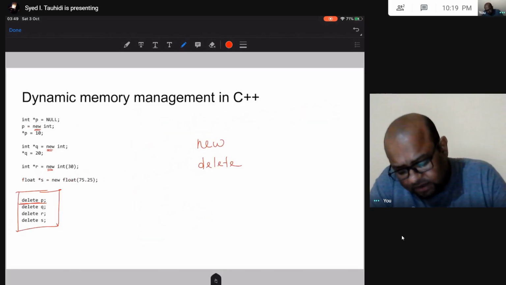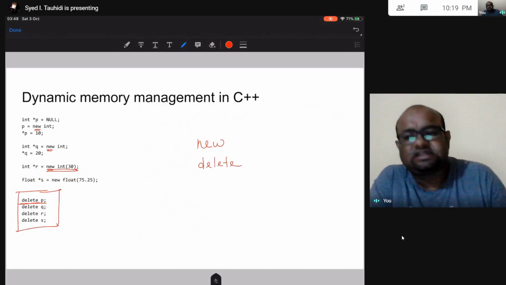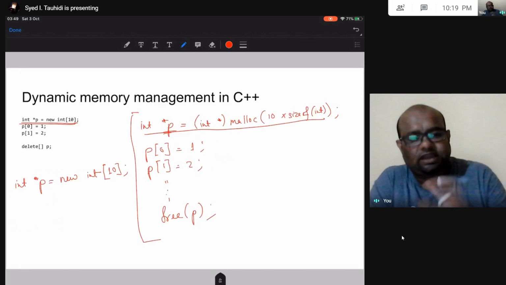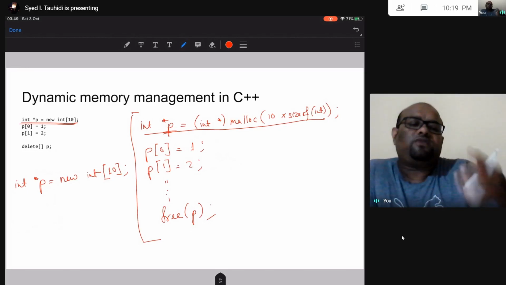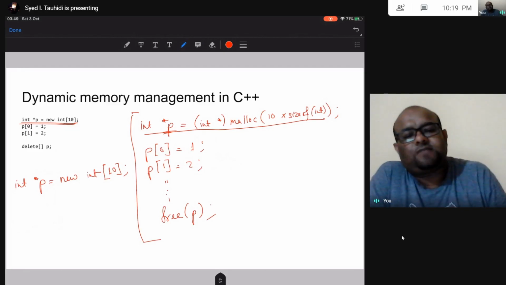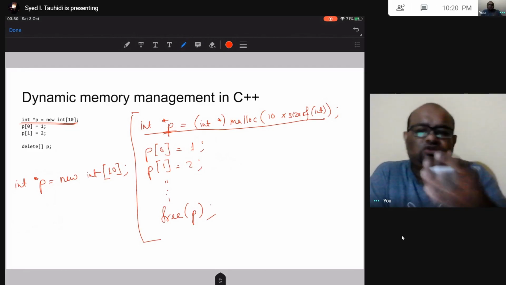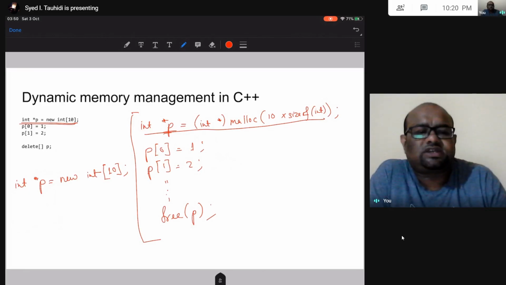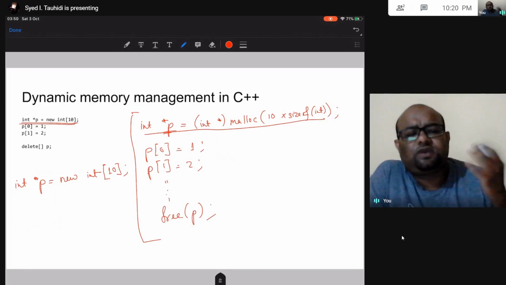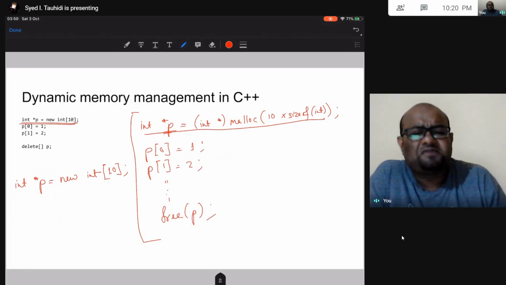Here, in the previous line, I was writing parenthesis. Okay, this is not square bracket. Now I have square bracket. So remember these two differences. When I am allocating memory for 10 integers, I am using square bracket, like in an array we use square bracket. So here we are going to use it as an array. So that is a good way of remembering this syntax. Syntax, of course, we have to remember.